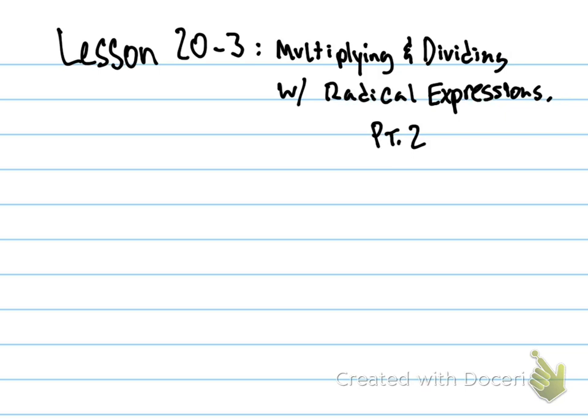In part 1, we focused on multiplying, but today we're going to be focusing on dividing with radical expressions. Not only are we going to focus on dividing, we're also going to focus on what we call rationalizing denominators, all right? But before we begin,